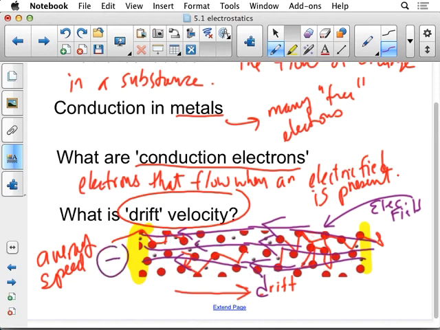I'll draw that with a big negative sign. And they're probably flowing toward a positive charge. And again, where do you get that negative and positive? Could be various ways that we've seen where we can separate charge. Bottom line, though, is that if we separate the charge and we put a negative over here and a positive over here, if any of those negative electrons manage to get into the metal, they will